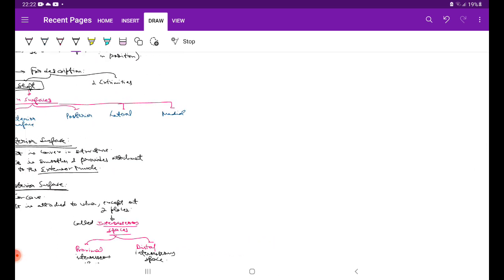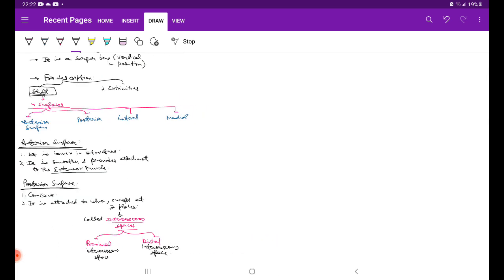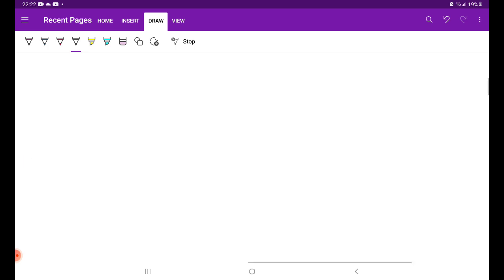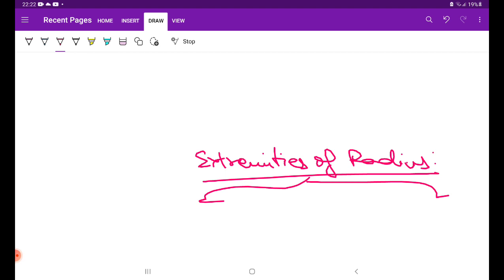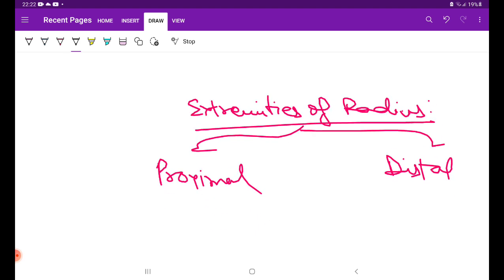So now let's move on to the ends or extremities of radius. There are two extremities as expected. One is the proximal, the other is the distal. If we talk about the proximal extremity, then it consists of